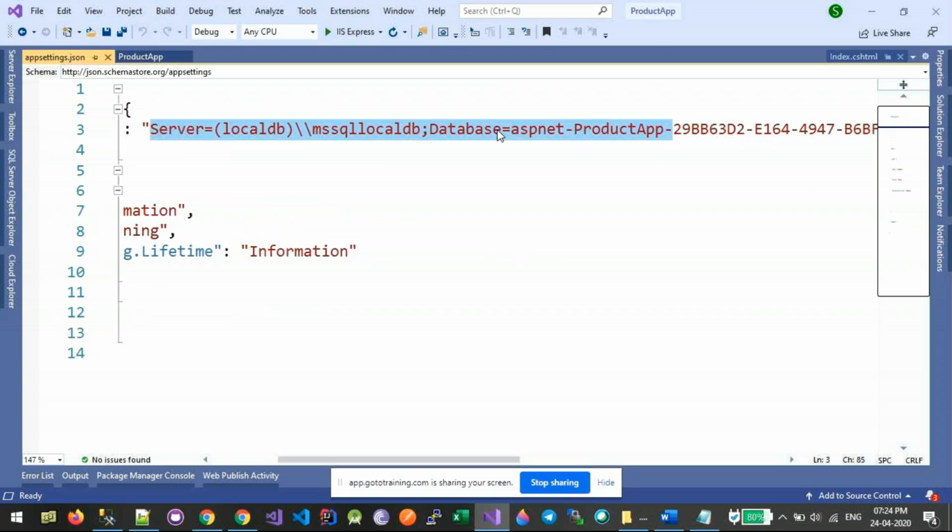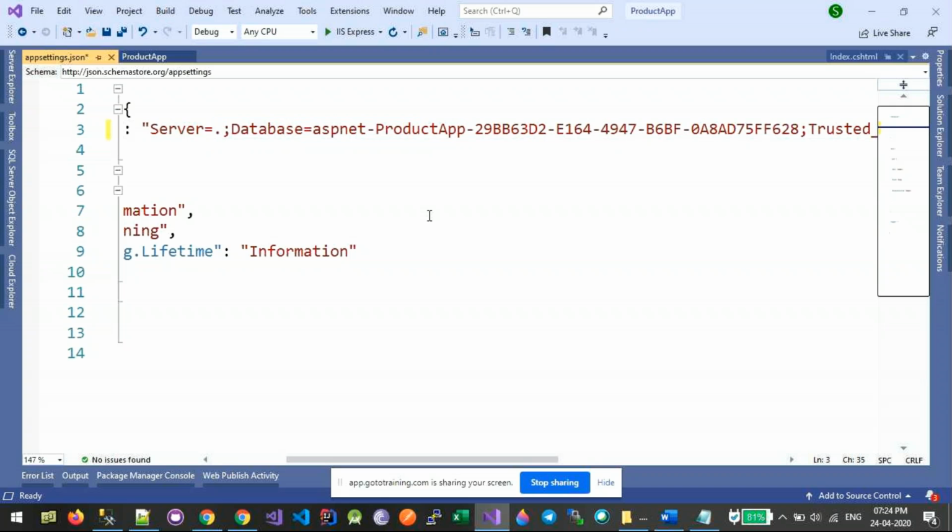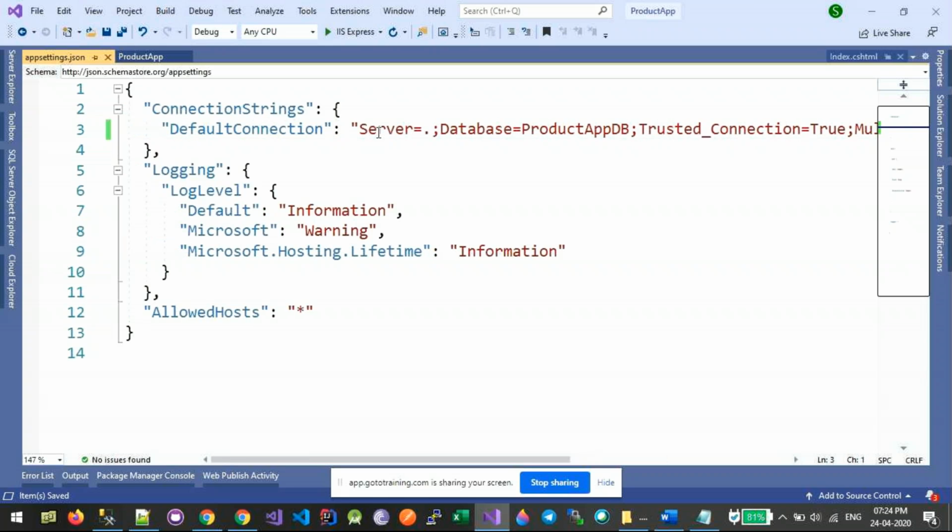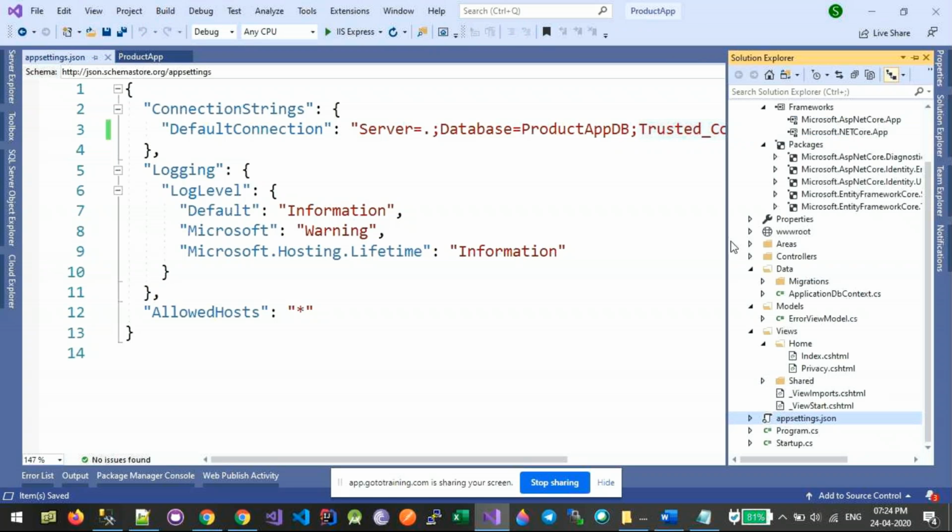If you notice, this is also changed. Earlier we had data source, initial catalog, and so on. Now we have the server, which is a database server. Let me quickly make a change here. I already have a local server, so I'll change the server name to point to the local server. I'll say database name. This is going to be the database name for this application. For the rest, I'm using trusted connection, meaning Windows authentication.